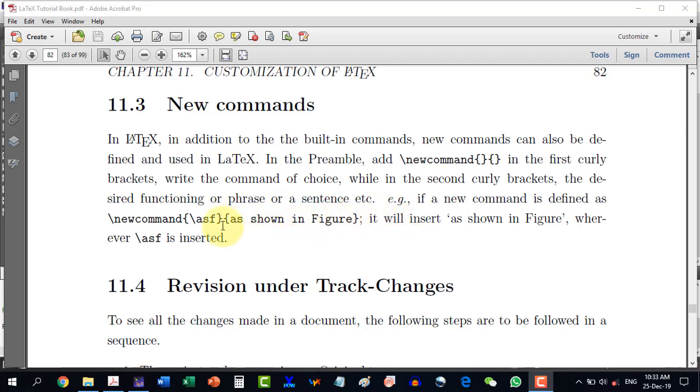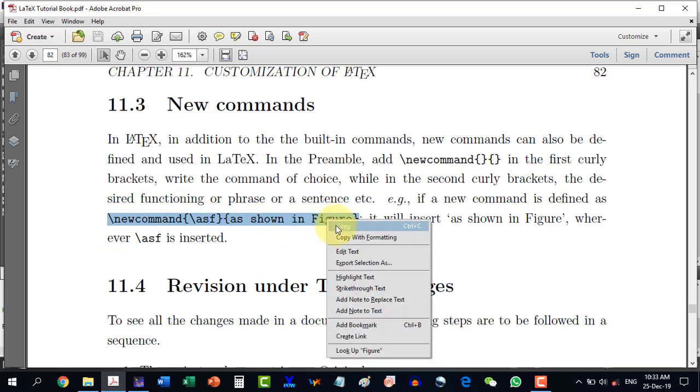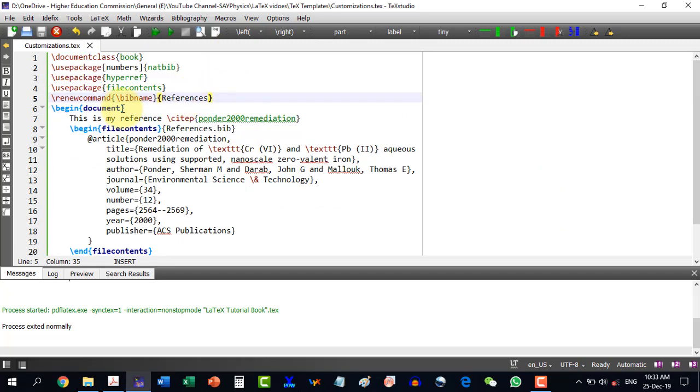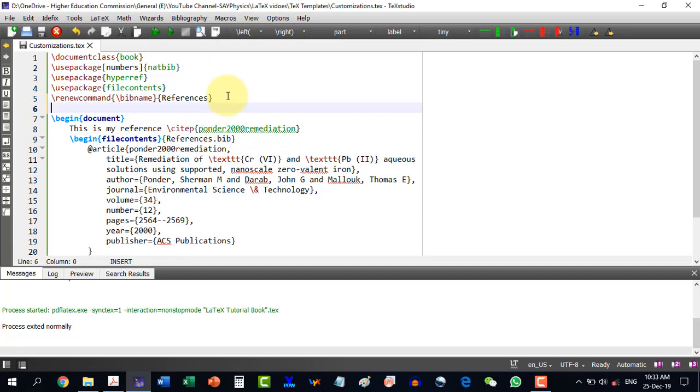For example, let me copy this and go here. After the preamble, I am just inserting this new command, is shown in figure, and here I write this